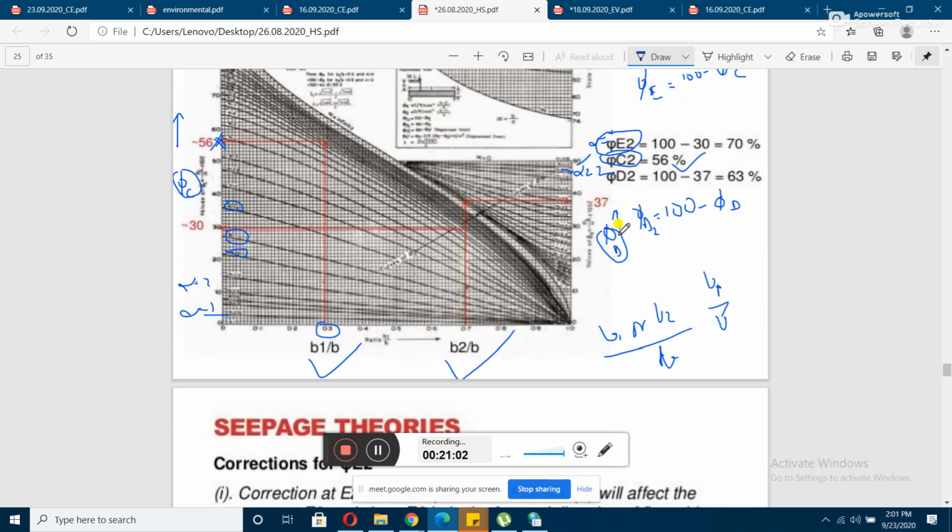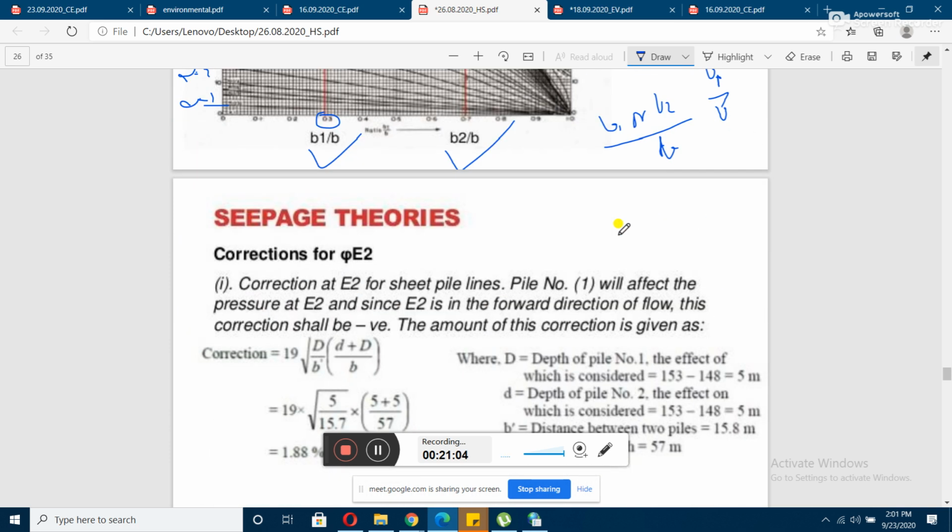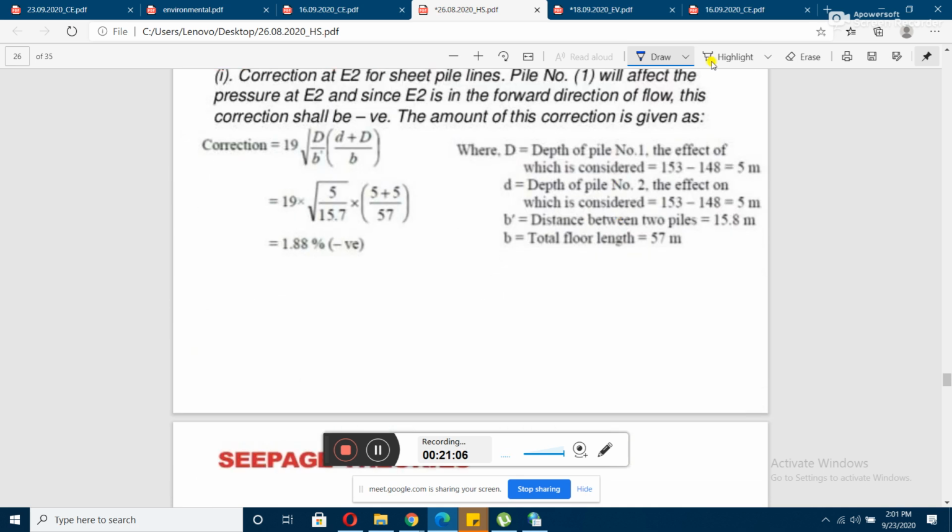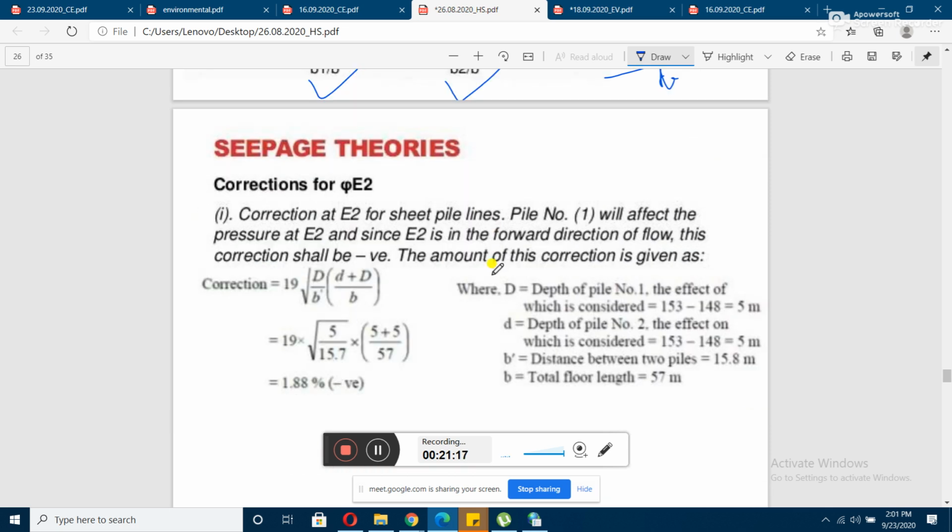So these have been determined. Now for the next part we need to do the corrections. I have already told you that for the corrections, we have to consider the value of d, either small d or capital D, any value. We have to consider that d value from the bottom fiber of your floor, not from the top fiber of your floor. The top fiber of your floor will be considered only for determining